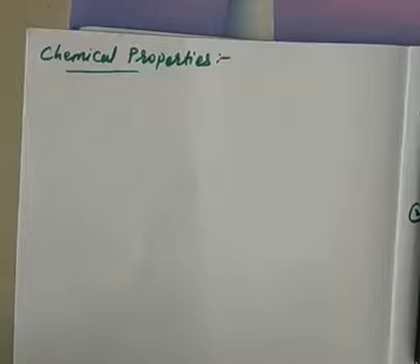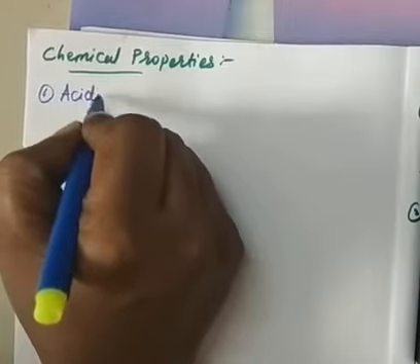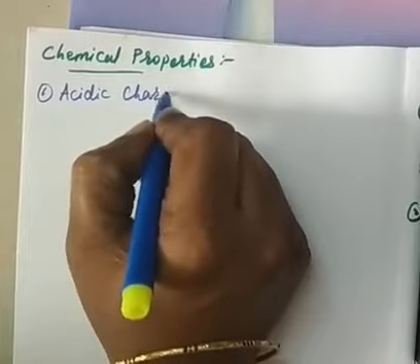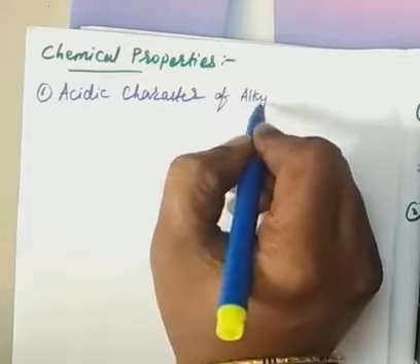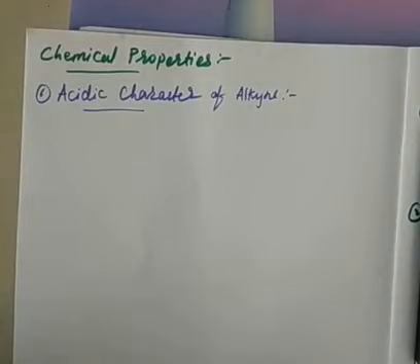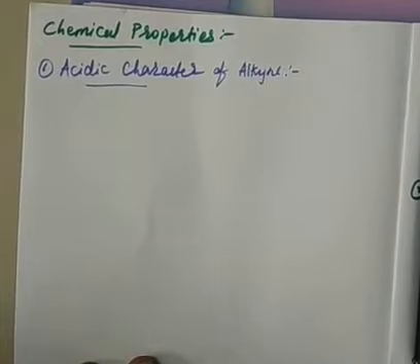So what are these chemical properties? Let us learn fast. One is the acidic nature. This is also important for you to know the nature of alkynes, right? Acidic character of alkynes, how they are acidic. What do you mean by acidic? Always remember, acid means proton donor, right? Basic means proton acceptor. I hope you have learned some definitions in previous classes: what is acid, what is oxidation, what is reduction. You have to remember those words.